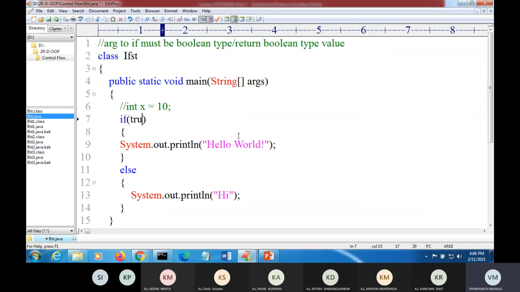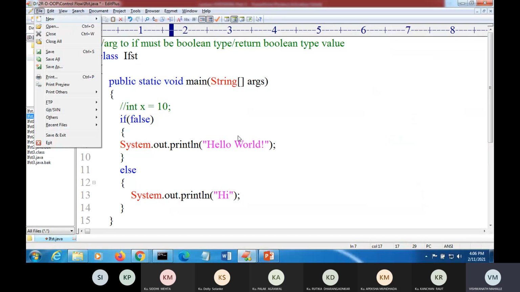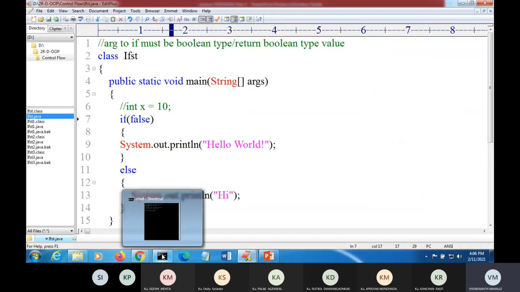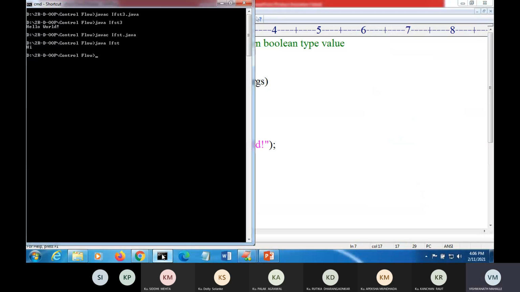And if I write false here, then it prints hi. If you want to see this program, the file name is if.st. So we write javac and then the program name, if.st.java.